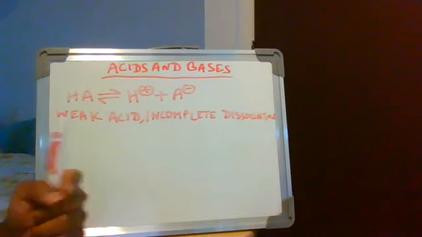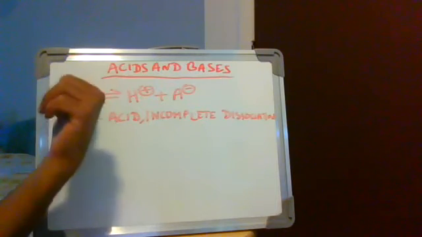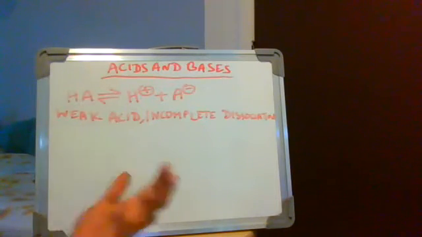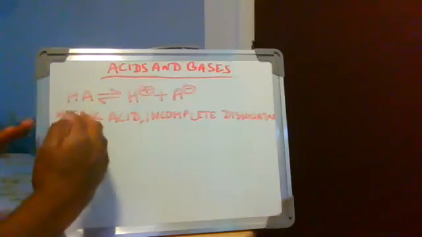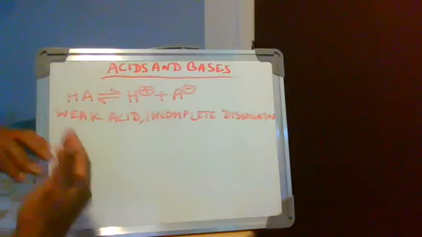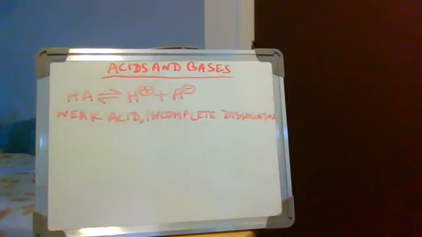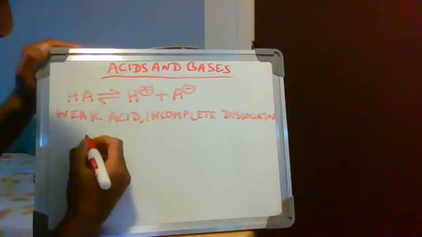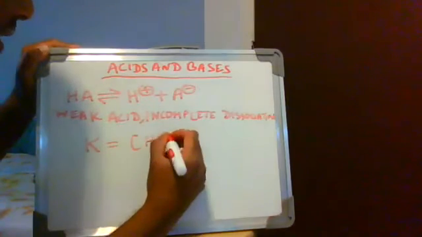There are a lot of reasons as to why this happens, which we will cover in more detail in class, like why it is partially dissociating, and we will compare different acids. But for now, just see that if it remains incompletely dissociated, then it's a weak acid, and there exists an equilibrium between the products and the reactants. Now, because there is an equilibrium, we can write out an equilibrium constant expression, which is the concentration of the products over the reactants.